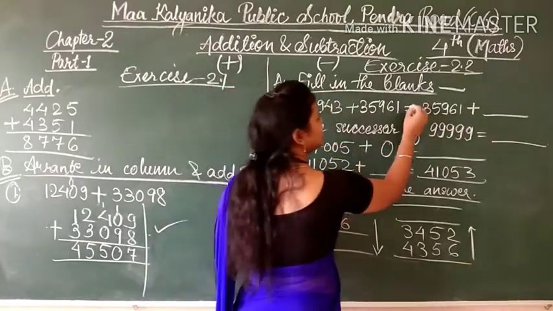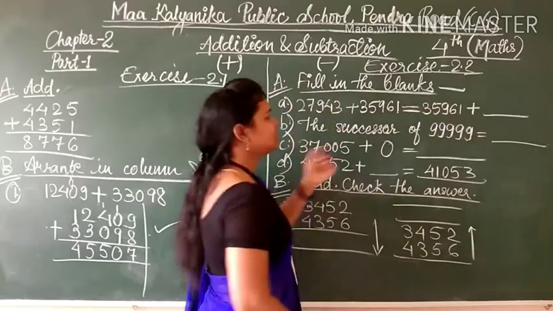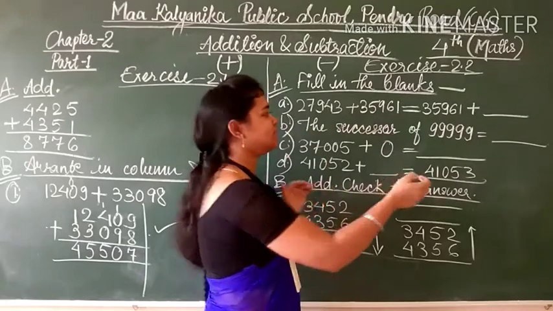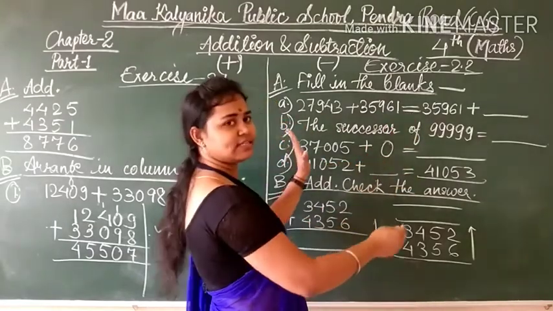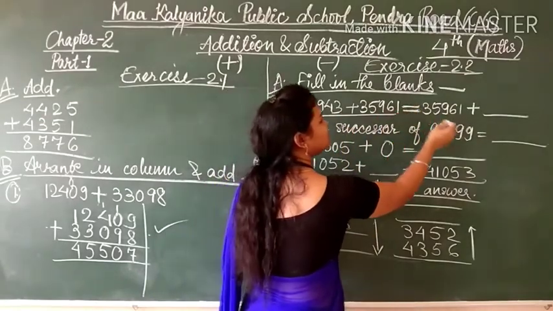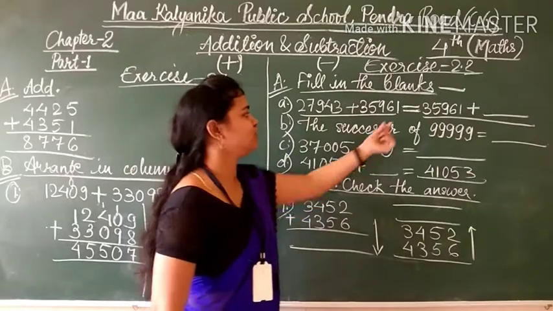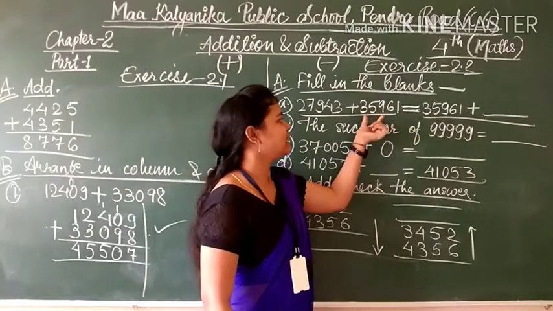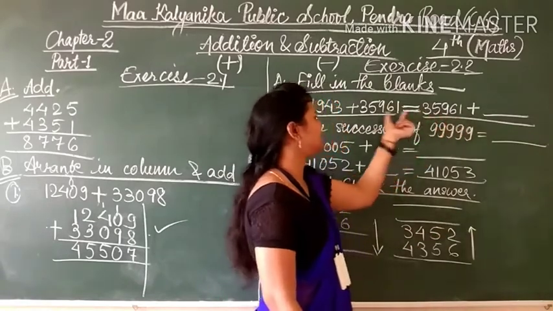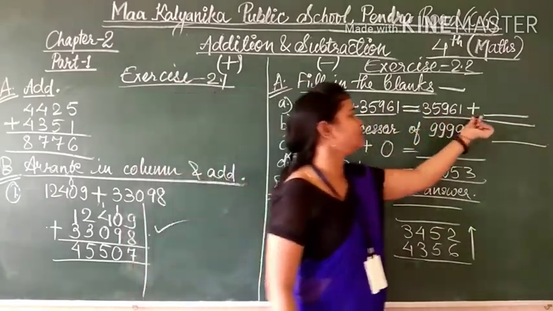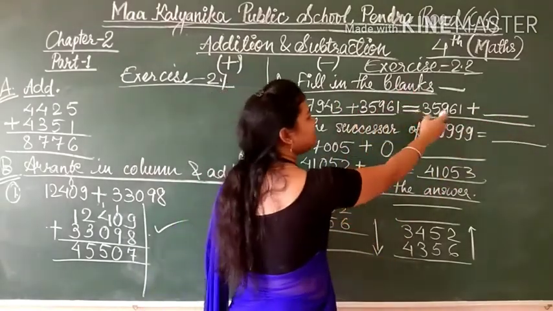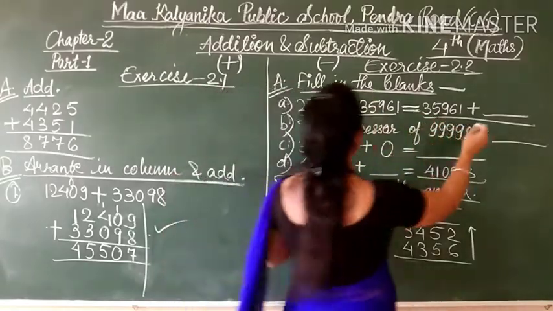35,961. This equal sign is there, remember. So the left hand side and the right hand side have an equal sign between them. This is the left hand side, this is the right hand side. This left hand side should be equal to this right hand side. After the equal sign, in the right hand side also the same number is there. But one number is given here and one blank is there. So remember, one number is given already, so the other number you have to simply write there, that is